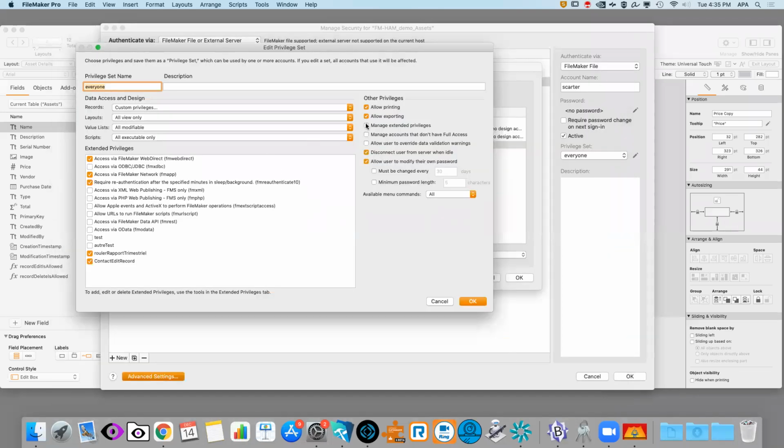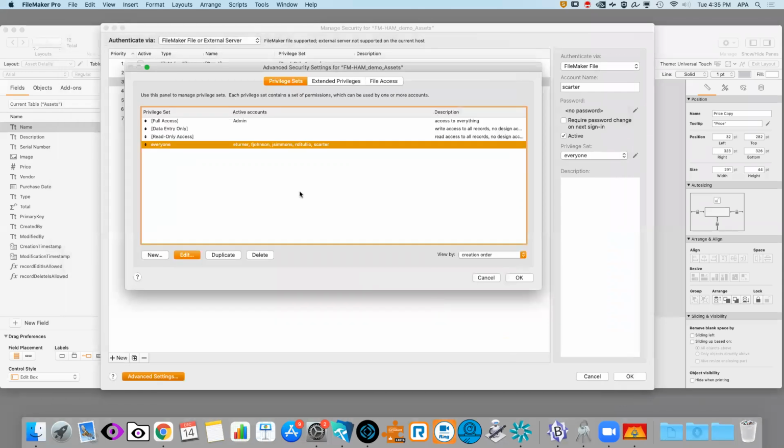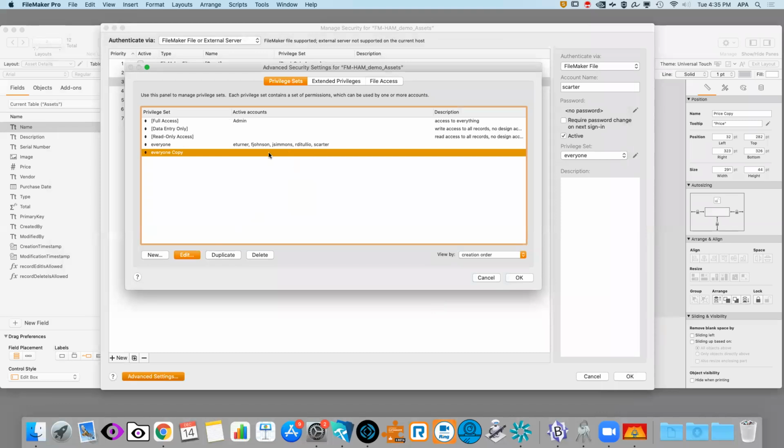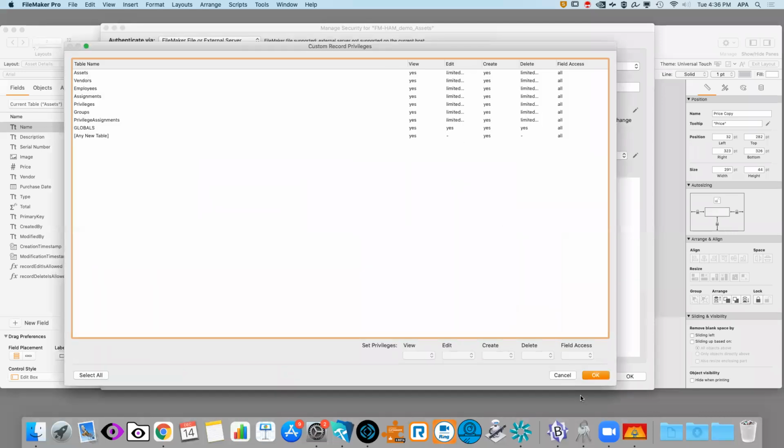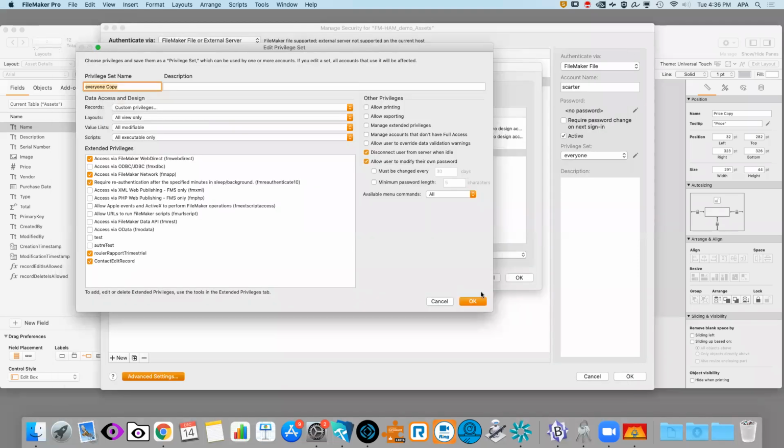And if there are things where I need to have different privileges, then all I need to do is come in here, duplicate the set, and say, well, for everyone who's in here, they're not going to be able to print, or they're not going to be able to export. And I say, okay, and I'm done. I don't need to go in here and customize the entries for every single table and so on. So it saves me from a lot of the maintenance nightmare